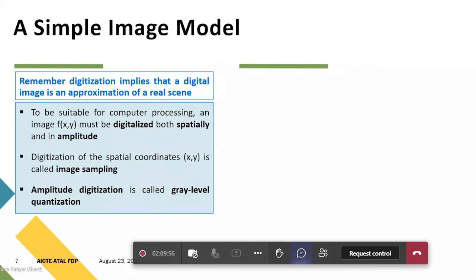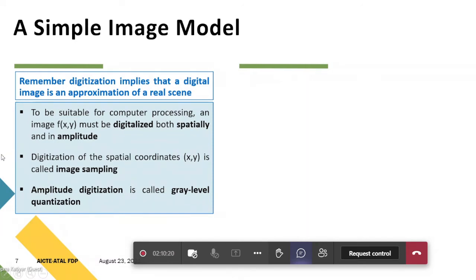If the coordinate is 1,1, that is the location and there is an intensity at that point. In my case, the intensity at this particular point, the nose, and the intensity for the background may vary and their coordinates may also vary. So any image suitable for computer processing must be digitized.